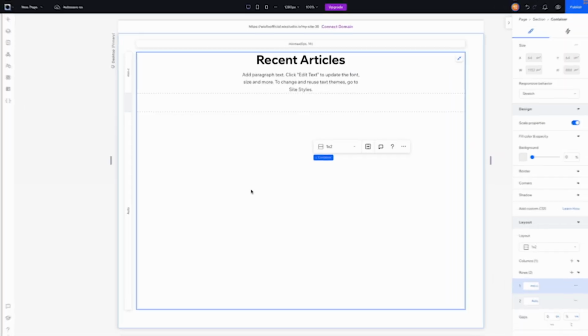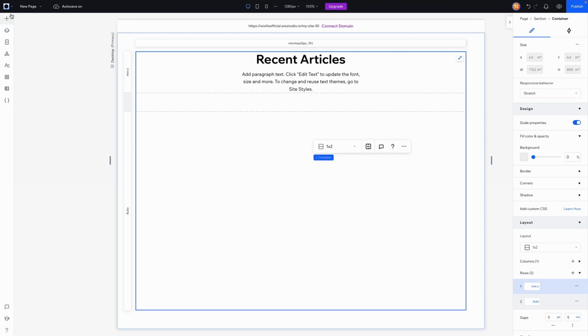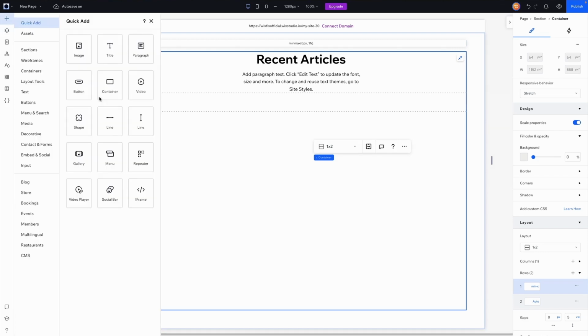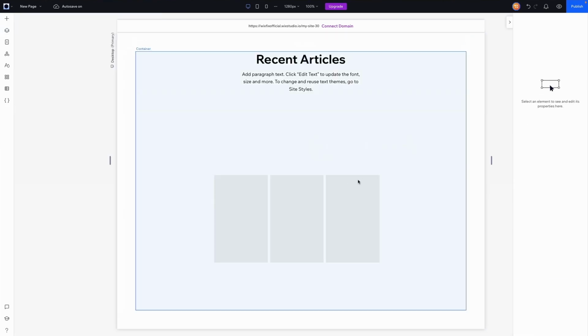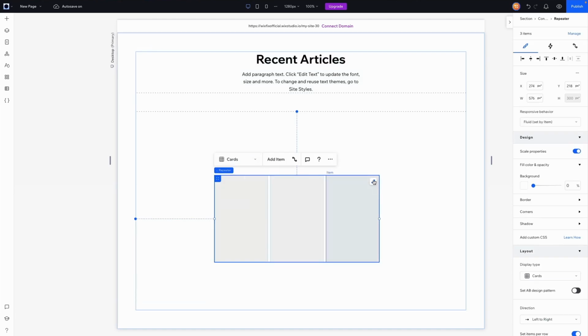My name is Ryan, and in today's video, I'm gonna show you how to create clickable repeater items inside of Wix Studio. Let's go ahead and get started. So here I am in Wix Studio, and what I want to do is start by adding a repeater. So we're gonna go to Quick Add, drag out a repeater into our grid, and we can just go ahead